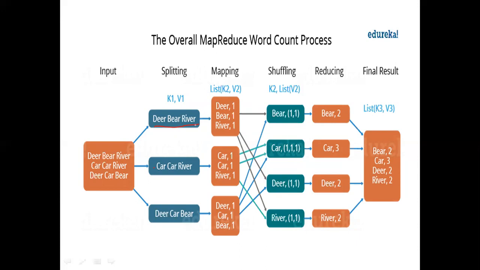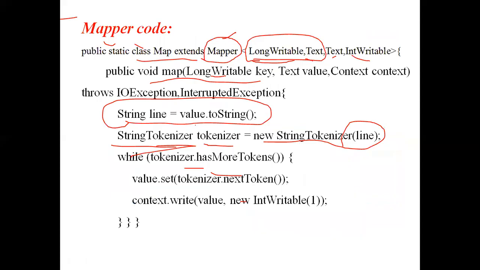Next, River. After River also there is a newline or space, so it will identify that one also as a token. Clear? By default the StringTokenizer will take the space as a delimiter. Any word before the space will be considered as one token. That is the thing. First, by using the StringTokenizer object we are dividing the line into tokens. Next,